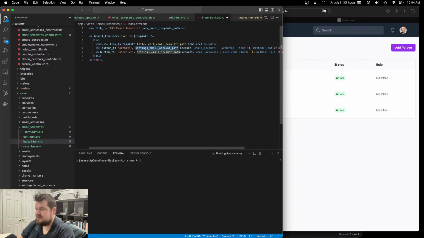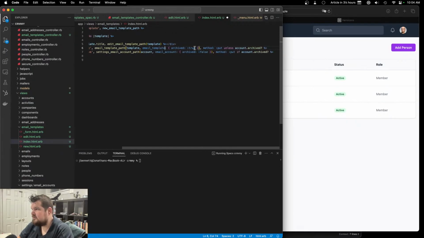Archive is going to be hitting the email template path for the template, and email template archive should be true. Method put unless template dot archived,